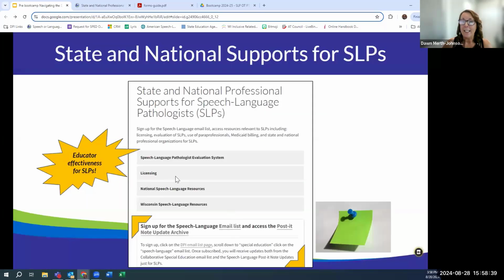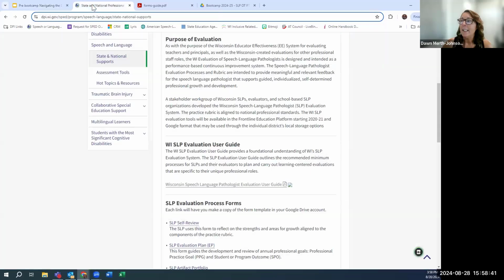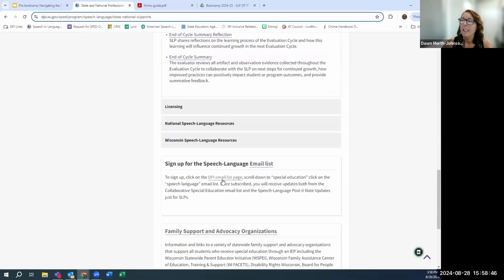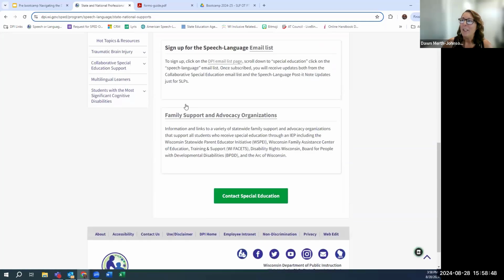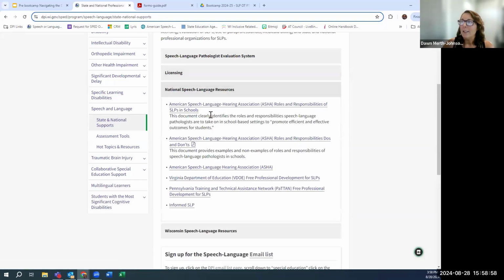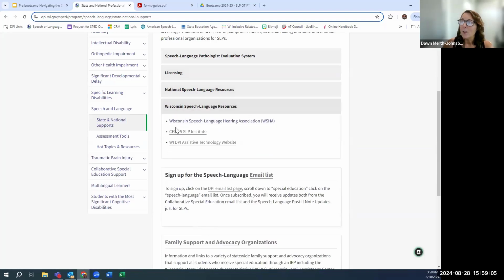There is a tab for licensing here. In the licensing tab, you will find the LEAD bulletin. LEAD is the licensing team, but there is a bulletin that is directly related to licensing for speech language pathologists. You will find national speech and language resources, a lot of links to things from ASHA and some of the other states. You will find Wisconsin specific resources, links to WISHA, CESA 5, SLP Institute, the Assistive Technology website,